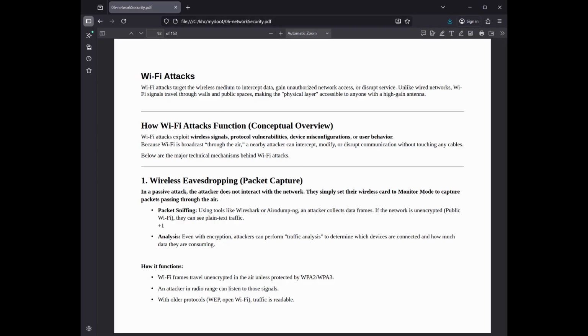1. Wireless eavesdropping, packet capture. In a passive attack, the attacker does not interact with the network. They simply set their wireless card to monitor mode to capture packets passing through the air. Packet sniffing: using tools like Wireshark or Airodump-ng, an attacker collects data frames. If the network is unencrypted, like public Wi-Fi, they can see plain text traffic. Even with encryption, attackers can perform traffic analysis to determine which devices are connected and how much data